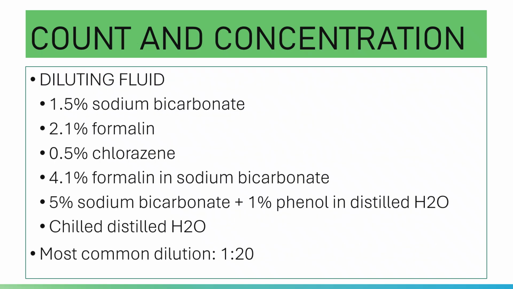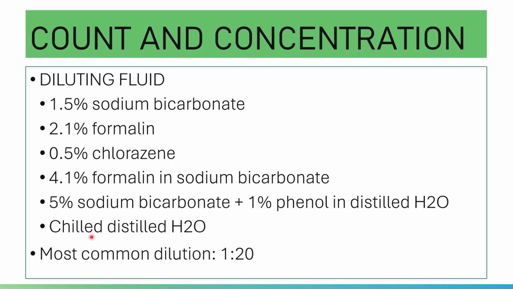Please note that dilution of the seminal fluid is essential because it will immobilize the sperm cells before counting. It is difficult to count a cell that is moving. That is why we need to immobilize them. Your traditional diluting fluids are sodium bicarbonate and formalin. Both of these immobilize and preserve the cells. However, good results can be achieved by using saline and distilled water.